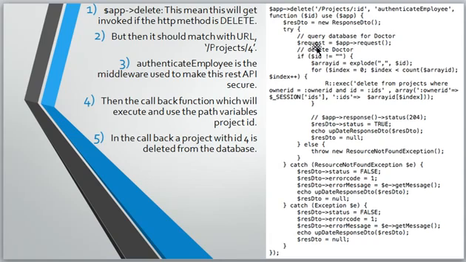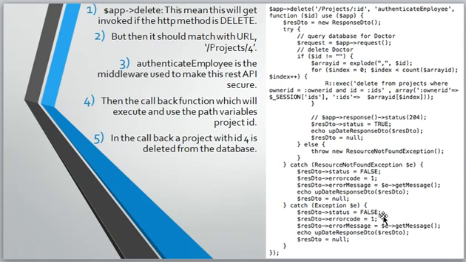6. Then inside the try block, if multiple IDs are sent in the path variable, explode that. 7. Then in the for loop, using Red Bean PHP, find the item if it exists. 8. If the item exists, delete it from the database. 9. If the item does not exist, throw resource not found exception. 10. Here we can return custom JSON response or 204 HTTP status code. 11. If something goes wrong while storing, the exception is thrown, which will be handled by the catch clause and return success